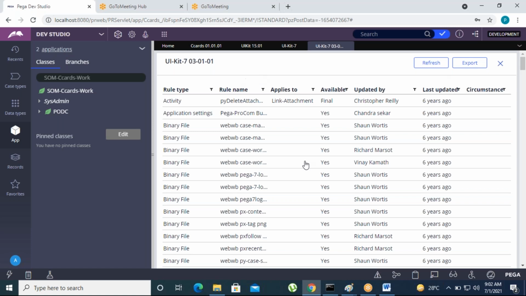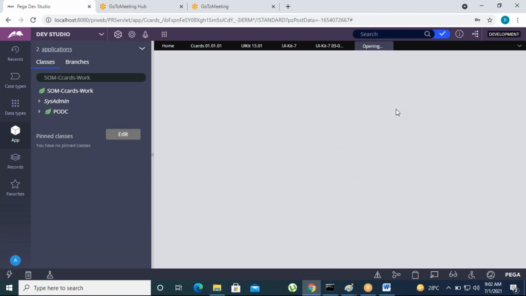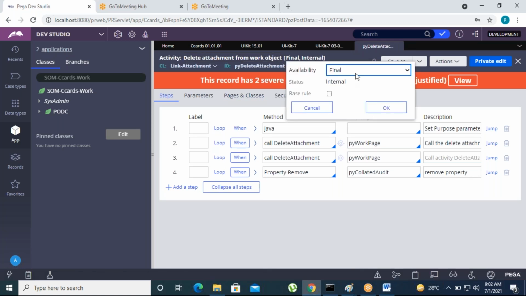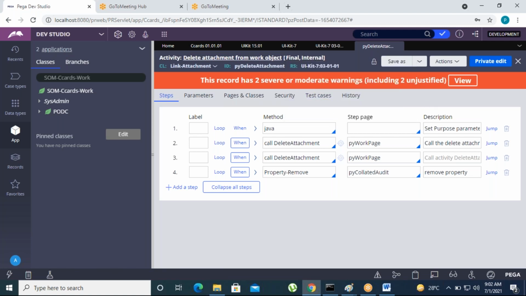Your requestor will always request the rule to run. In the same way, whenever a request decides to open the rule and run it, there are some availabilities here. Some rules are final, and there are different types of availabilities: available, not available, blocked, final, and withdrawn. These are the availabilities. What is rule availability?